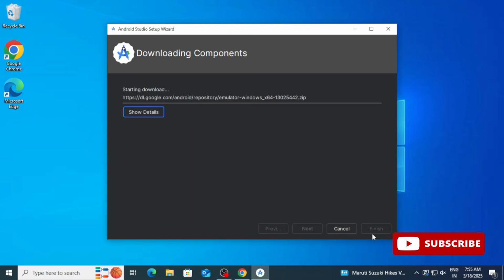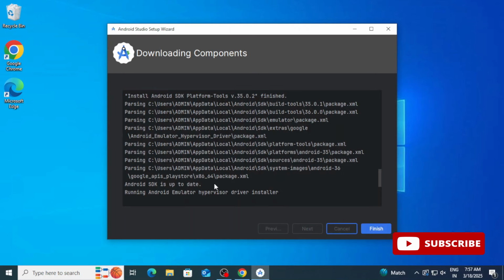So now it is downloading my virtual devices. So hence I'm saying you need a strong connection. We require installation of three things, like Android Studio installation, and then installation of virtual devices, and installation of SDK. Okay guys, so it will take a while, so please wait. It takes, I think, around half an hour for completing all the installation. If your internet is good, it could be faster. Before half an hour also it could be completed.